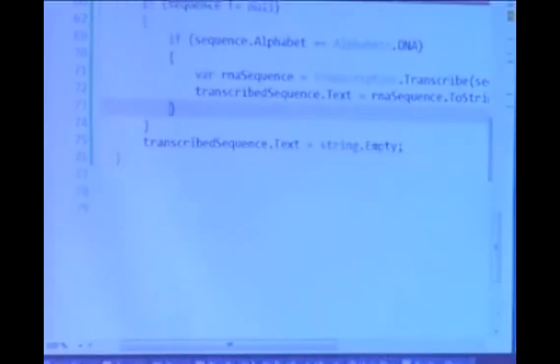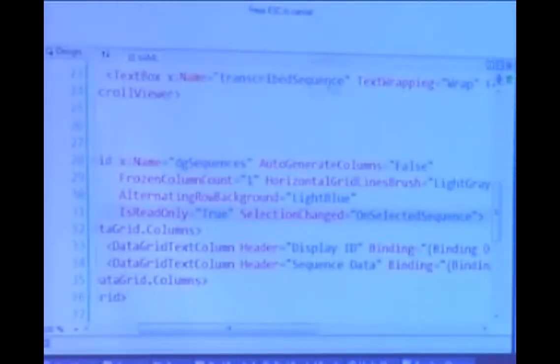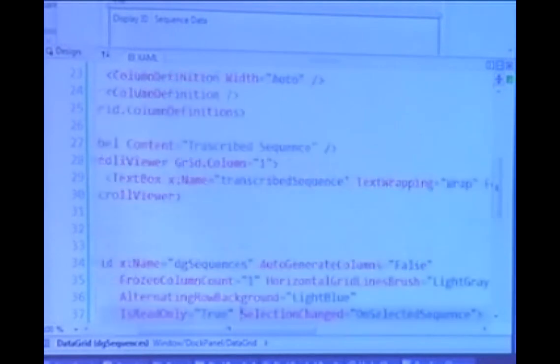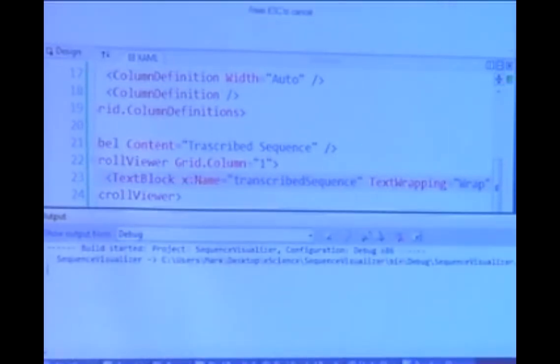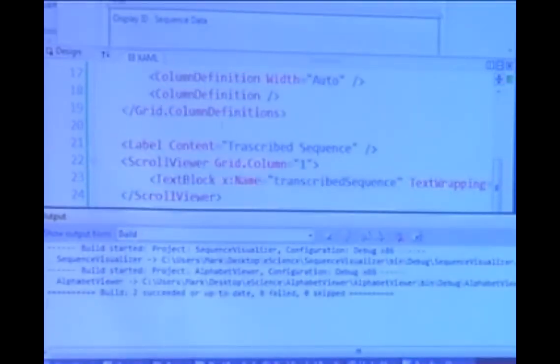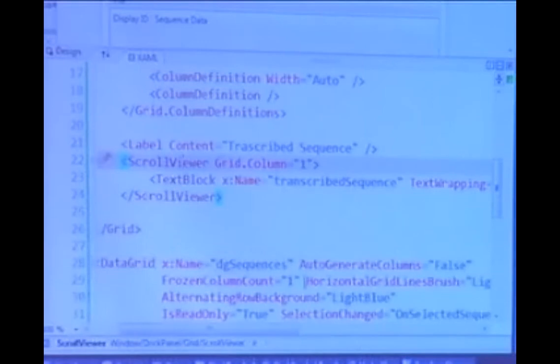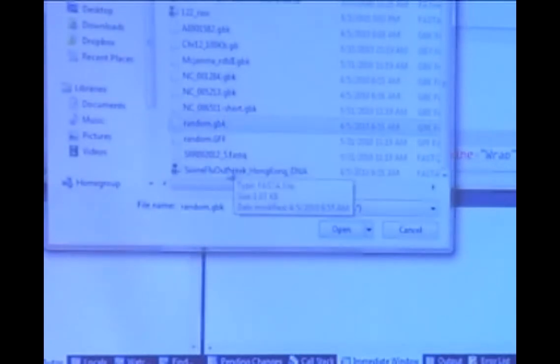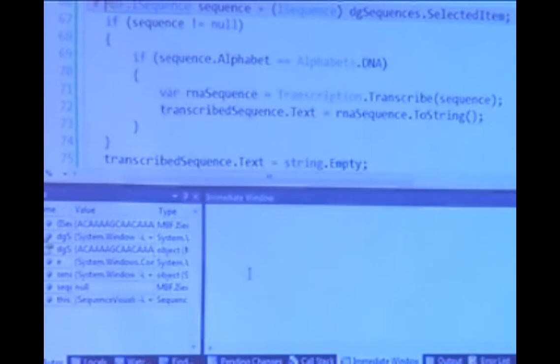Oh, I can't see it, that's the problem. Hold on. I know what the problem is. Hold on, let's switch over here to the XAML. I think we got an error in the XAML here. No, this right here is wrong. Let's make that a text block. Let's try that. See if that makes any difference for us.